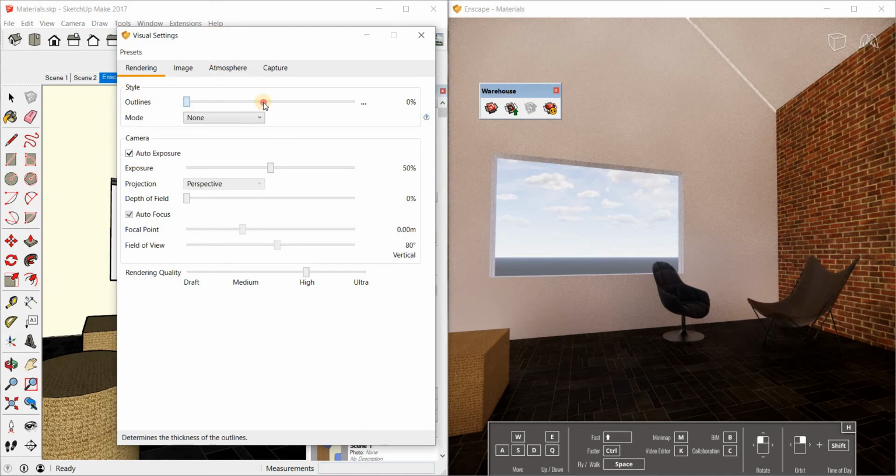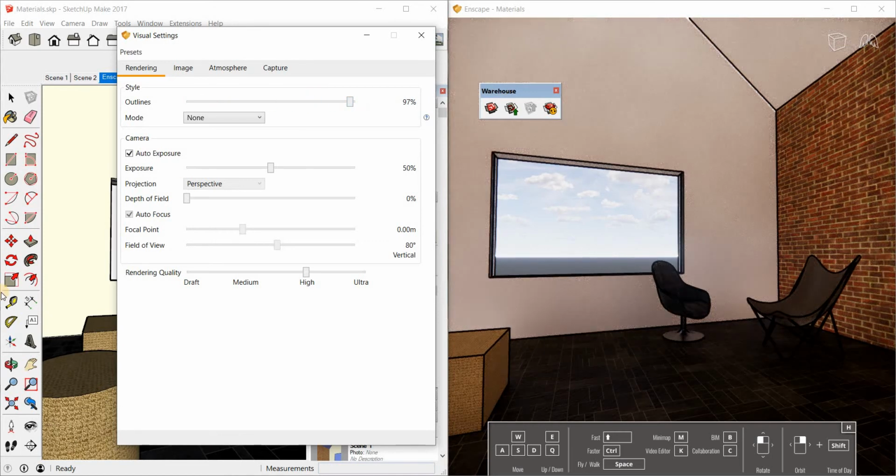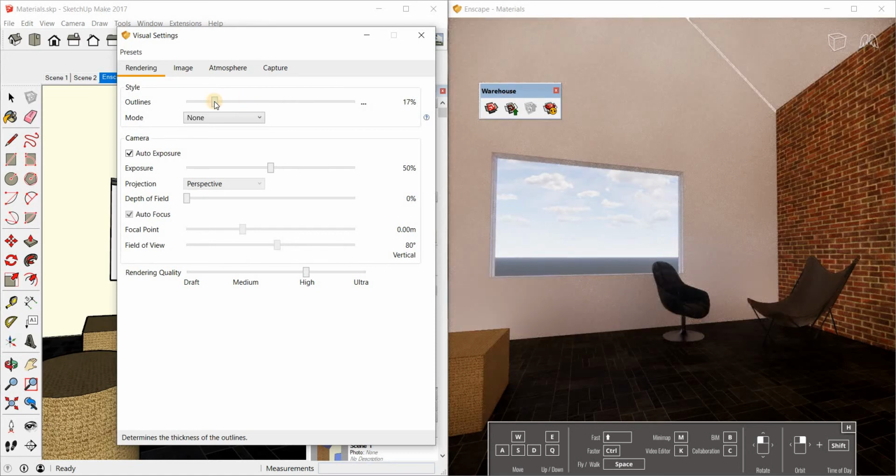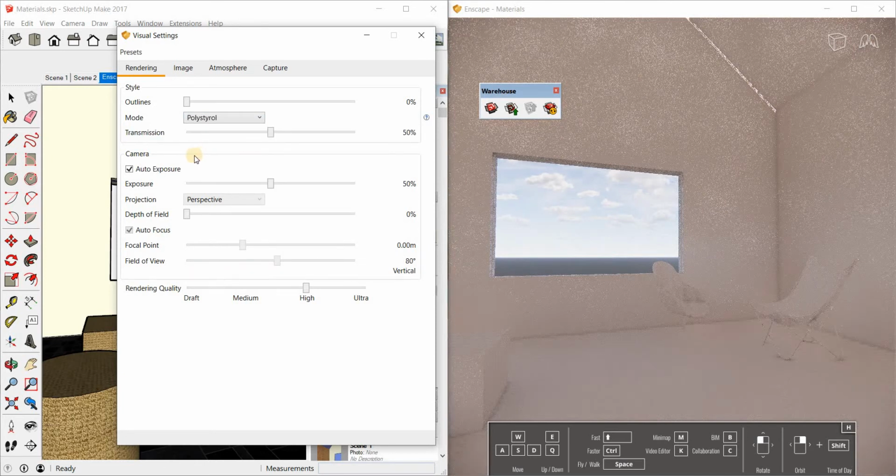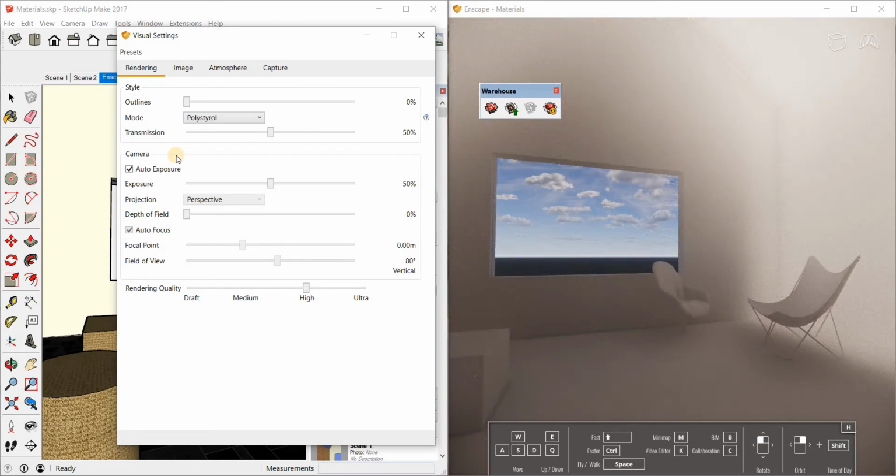The style, you can change these, the way that it appears, like a very cartoonish style. If you watch the cartoon or the animation Archer, it looks kind of like the Archer setting. So we don't want that, we want a realistic kind of setting. And you can do so many things with these settings. Polystyrene,